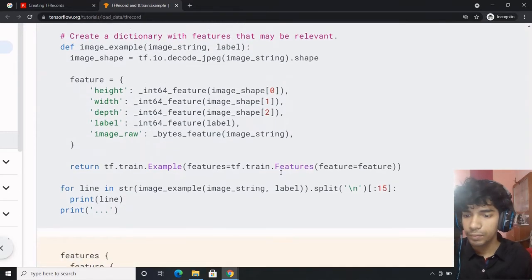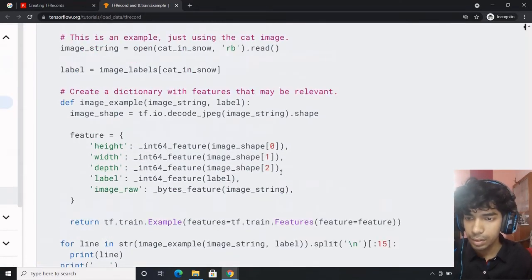So what we have over here is, create a dictionary with features that may be relevant.